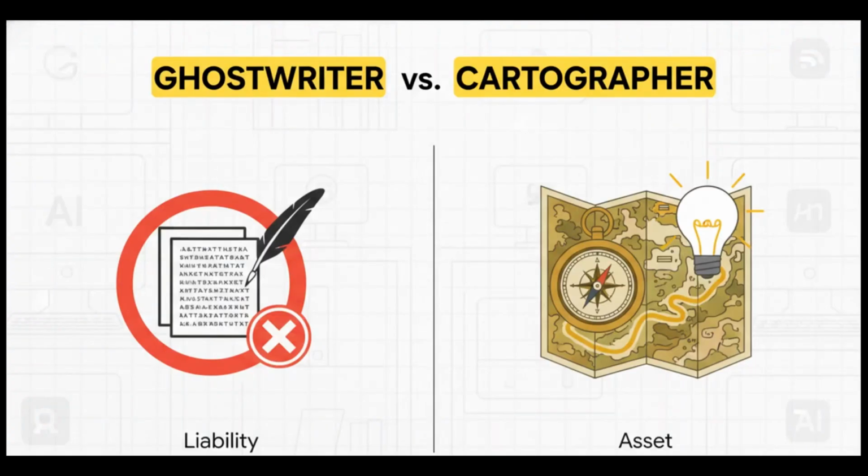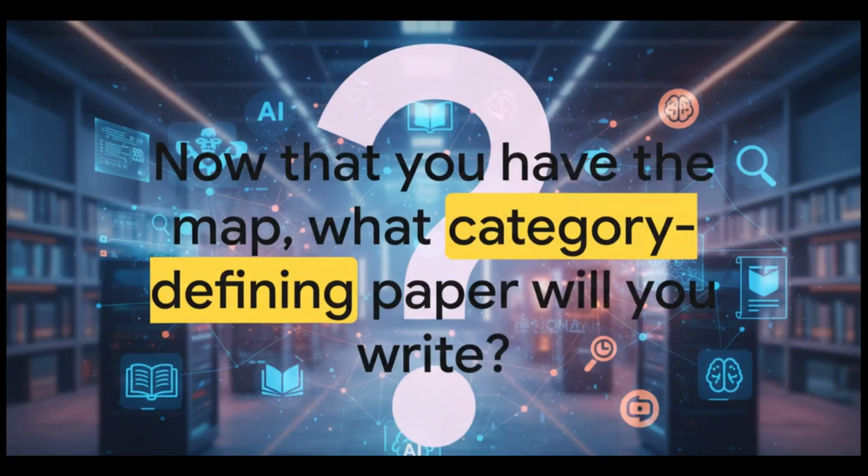I want this to be your new mantra. A ghostwriter is a liability. It gets you in trouble, it produces generic junk. But a cartographer? A cartographer is an asset. It shows you the terrain, it highlights the points of interest, and it reveals the undiscovered territories. So I'll just leave you with this one question. Forget about just getting an assignment done. Now that you have the tools to map any intellectual landscape in minutes, what new, groundbreaking, categorical